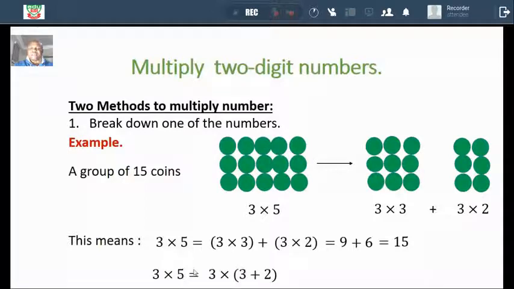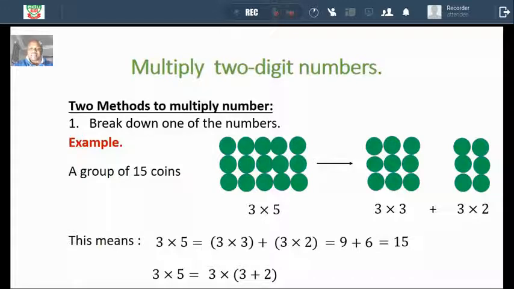Now, 3 times 5 is the same as 3 multiplied by 3 plus 2, all in brackets. Now, this 3 plus 2 is the same as just 5. We've just chopped the 5 into smaller numbers so that we can work it out from here. Now, when you have numbers in brackets that you multiply by another one outside the brackets, it means all the numbers in brackets must be multiplied, each of them, by the number outside the brackets, which means here,